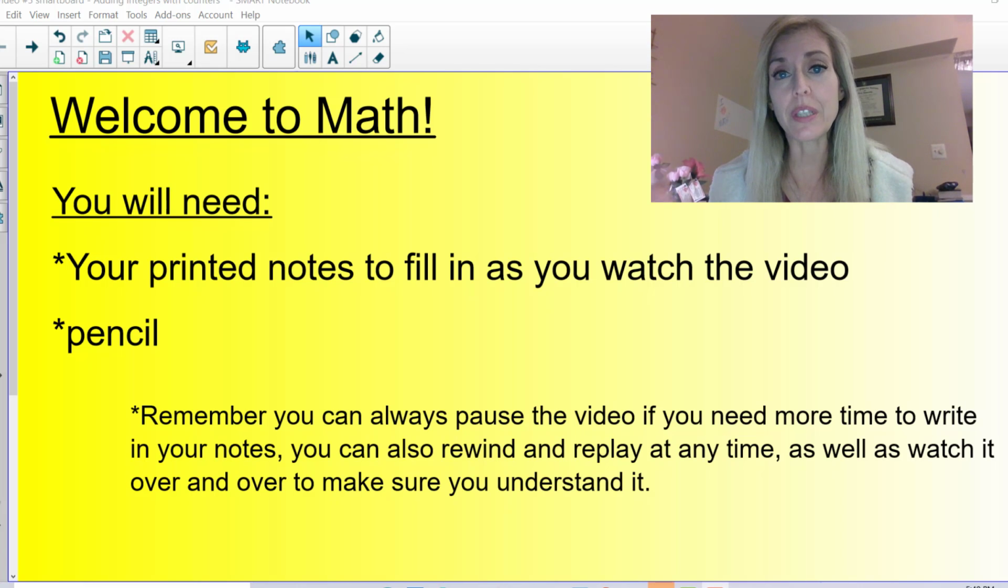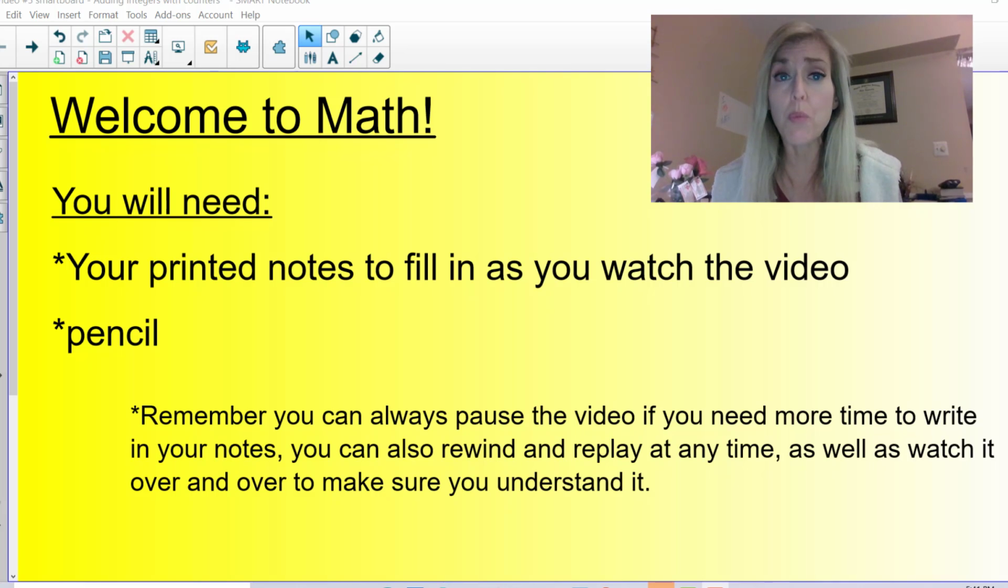Make sure you have your notes and something to write with so you can write as you watch the video. Remember to pause so that you can finish writing your notes before moving on. And of course, as you know, make sure you go back and rewind or rewatch any parts that you want to make sure you fully understand before